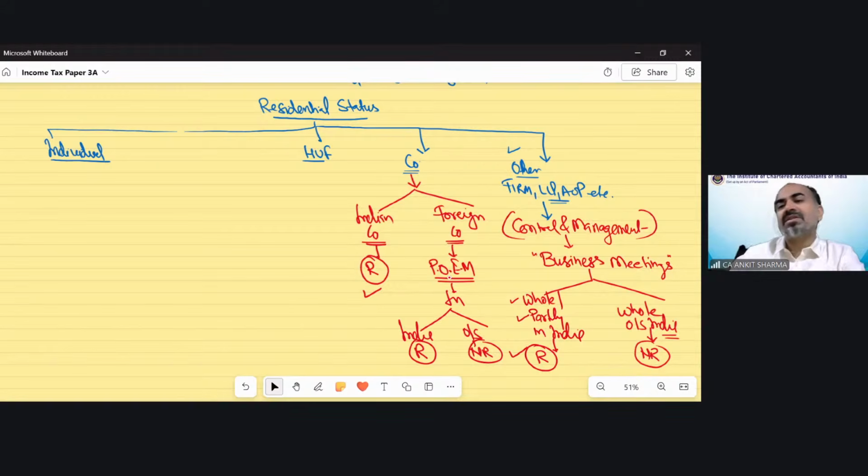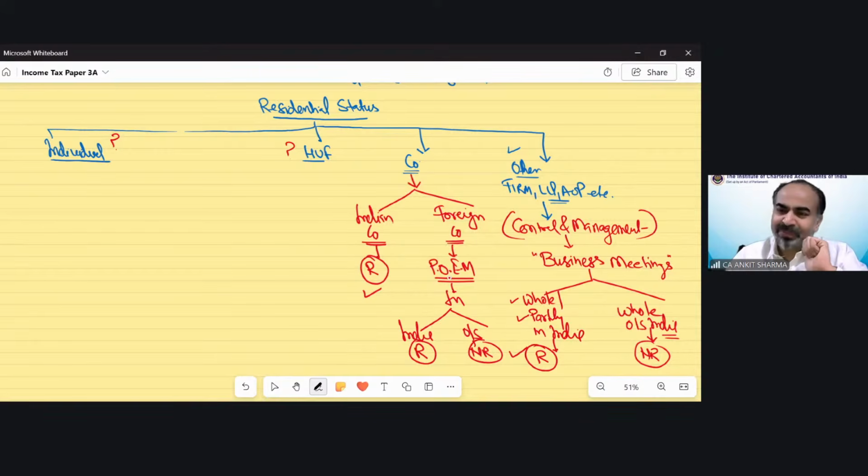So that is the status of company and other than company. Now we are left with only two person statuses, HUF and individual. Let me tell you, there are very complex situations and conditions under the residential status provision. Till now, there is nothing complicated. So what does that mean? It means that the complex conditions would be either in HUF or in individual case, or maybe in both. Because in case of company and others, nothing is complicated. You can solve this question very easily.